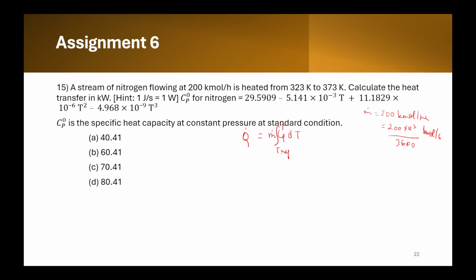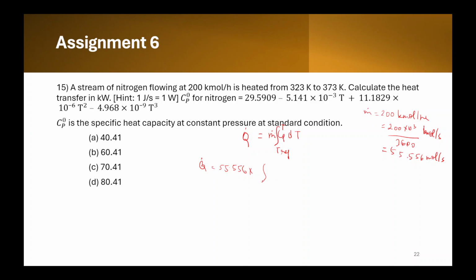So that will come out to be 200 into 10 to power 3 divided by 3600. So that comes out to be 55.556 mole per second. So this comes in SI units again. Then we need to compute this integral term. So firstly, Q dot is equal to 55.556 into,